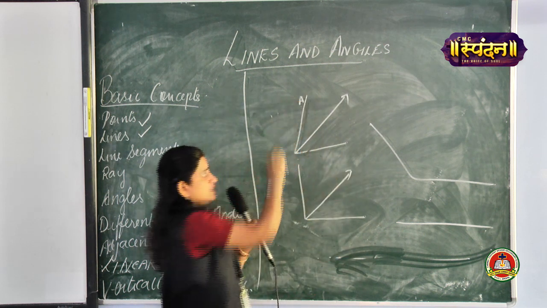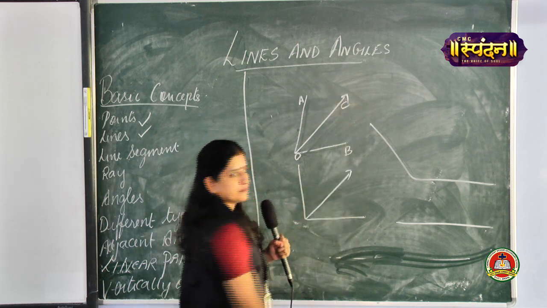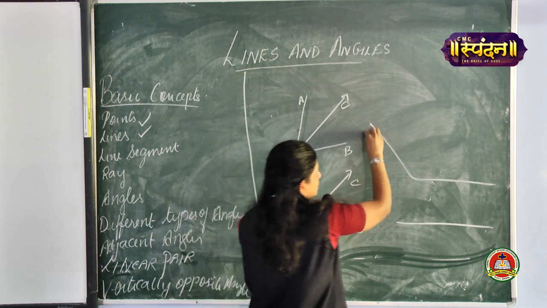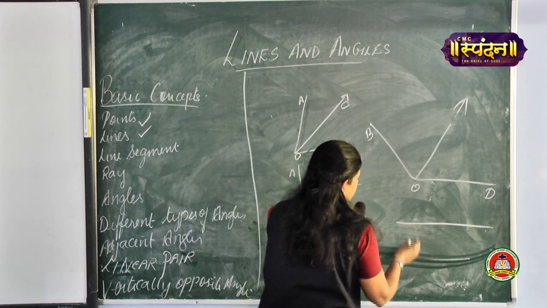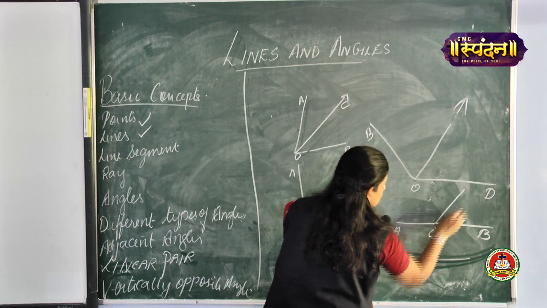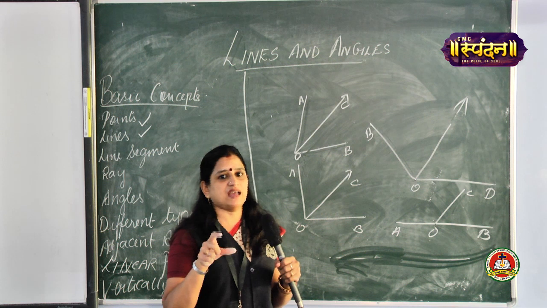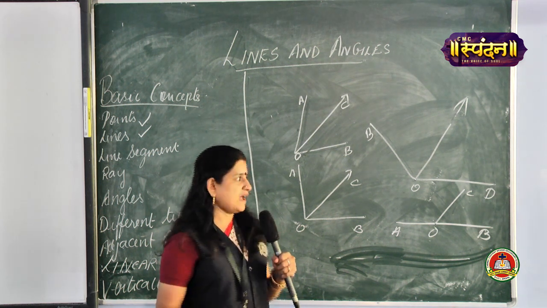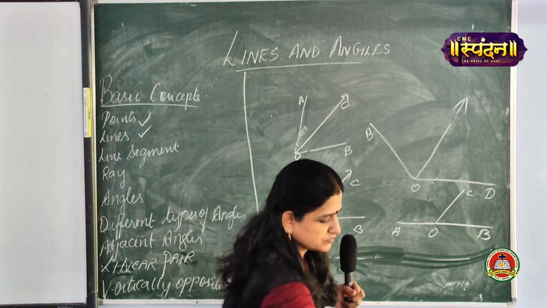So let us name this as A, O, B, and this is OC. Same over here, A, O, B, C, B, O, D. Again this is a ray over here, and again you can have a ray over here, A, B, O, C. So whenever I introduce a ray in between the angle, how many extra angles are you getting? You are getting one more angle. That is, this is one angle. So I can show it with a color chalk for you.